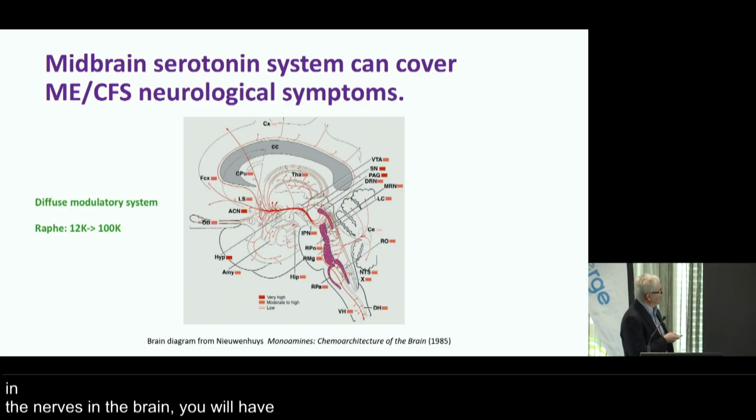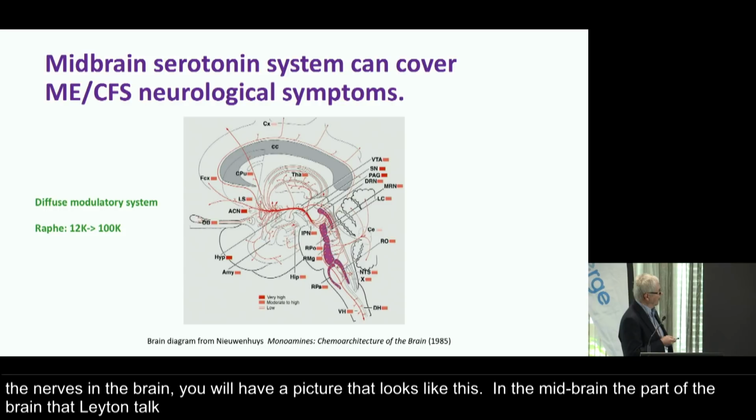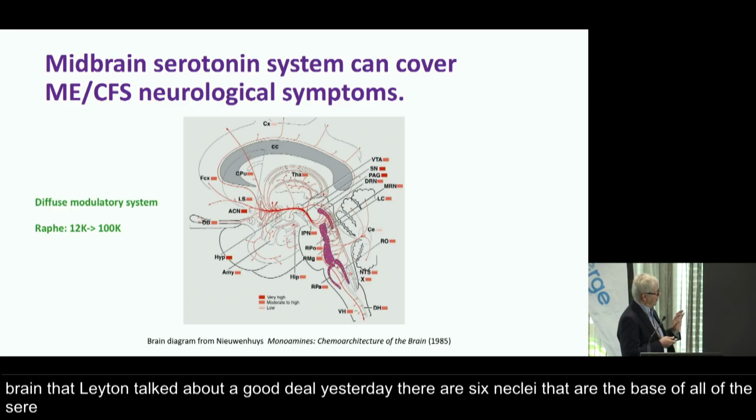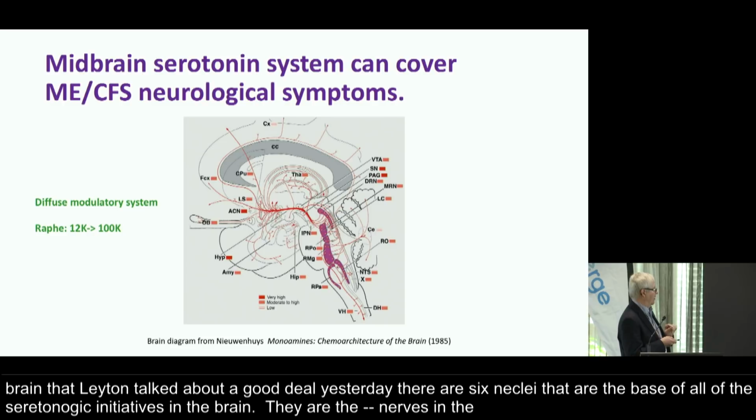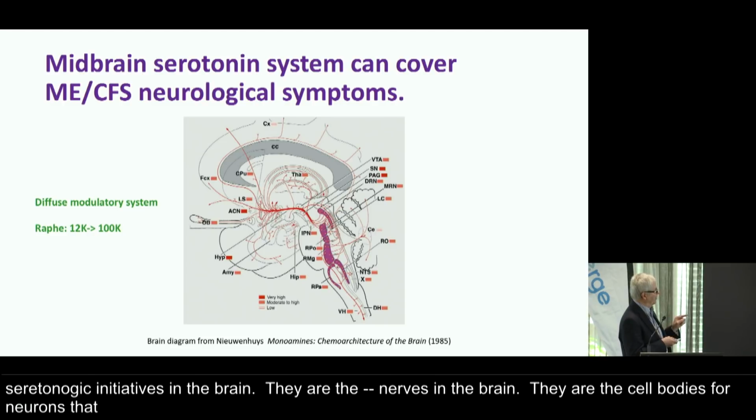So in the midbrain, the part of the brain that Leighton was talking about a good deal yesterday, there are 6 nuclei called the Phair nuclei. These nuclei are the base of all the serotonergic nerves in the brain. So they are the cell bodies for neurons that project all over the brain. And many of the slides that were shown in Dr. Barden's talk yesterday